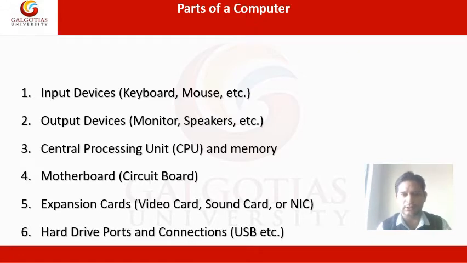Okay, so students, now I will come to the topic parts of a computer. As it was mentioned in the video also, a computer system has various parts, also called components of a computer system. We can categorize the computer system into various categories, like input devices and output devices. Then there is one very important component in any computer system, which is called the central processing unit or CPU. There will be a memory unit also, and there is one board which is called the motherboard.